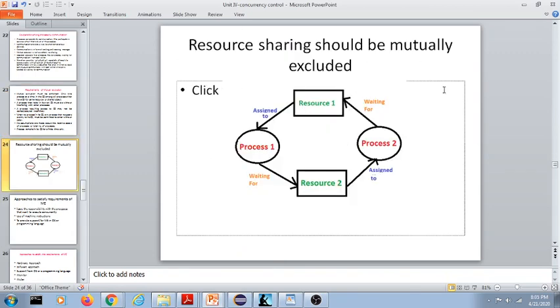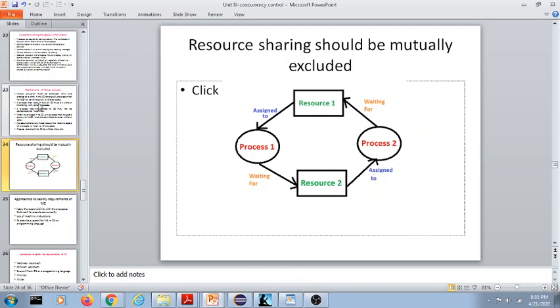So this is the diagram which is explaining the concept of mutual exclusion. Resource 1, which may be a printer, is being used by process 1, and at that time process 2 also requires resource 1, but it has to wait because process 1 is in its critical section of the code. Whenever process 1 comes out of that CS for resource 1, only then will process 2 be allowed access to resource 1. So these two processes are following mutual exclusion. They are mutually collaborating for the use of resource 1.